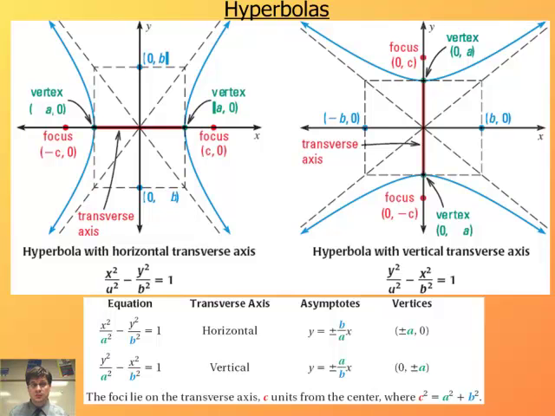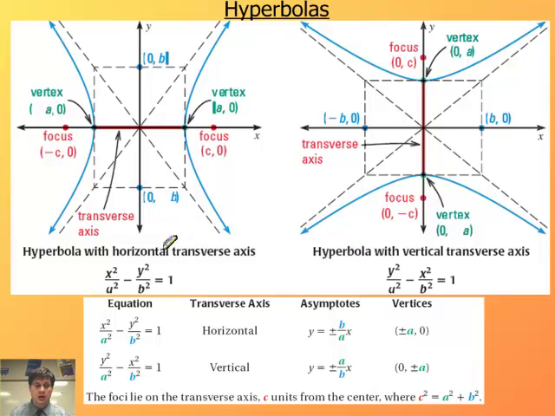In today's lesson, we're going to graph and write equations of hyperbolas. So a hyperbola is basically what looks like two parabolas facing away from each other, though that's not exactly what they are, but it looks like it. The two key types of hyperbolas we'll deal with are a vertical and a horizontal,